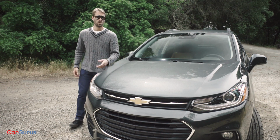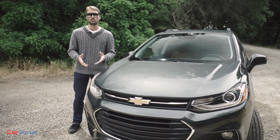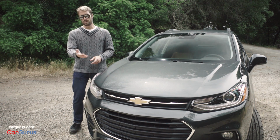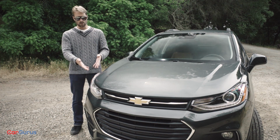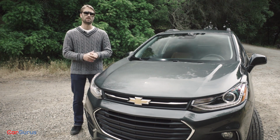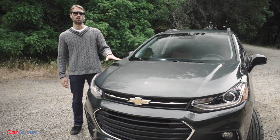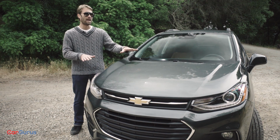So what's new? Well, out here you've got a redesigned front fascia and new headlights as well, more in line with the other small Chevrolets. This hexagonal grille is a lot bigger, and these new projector halogens are much thinner and sleeker, though on the base model they're reflectors instead. Top it all off with a new hood, and this whole front end is a lot flatter and less bulbous